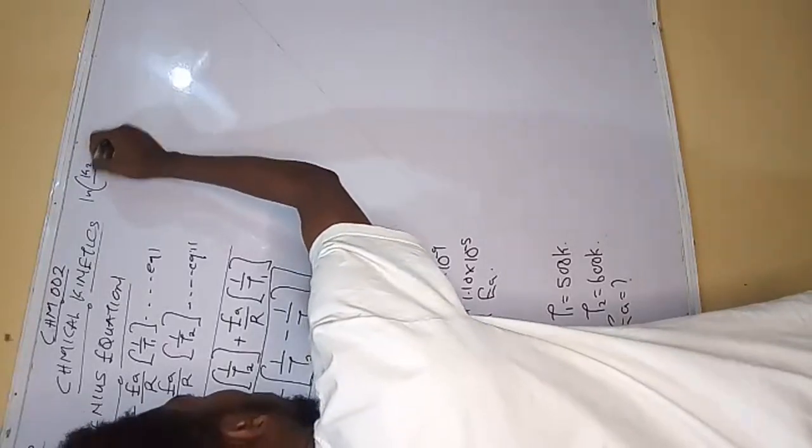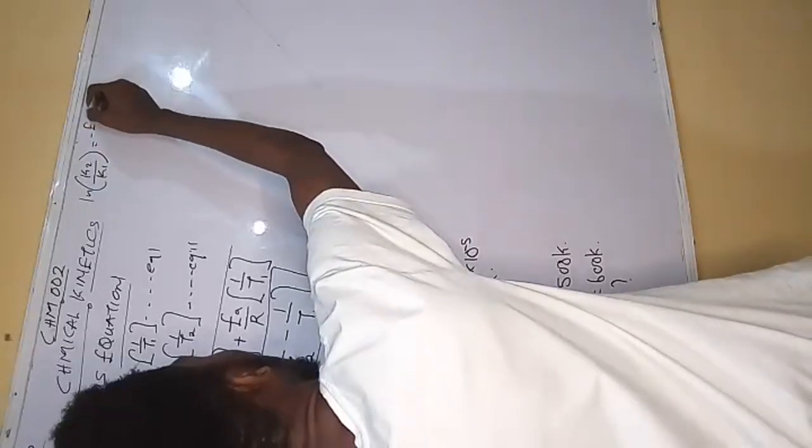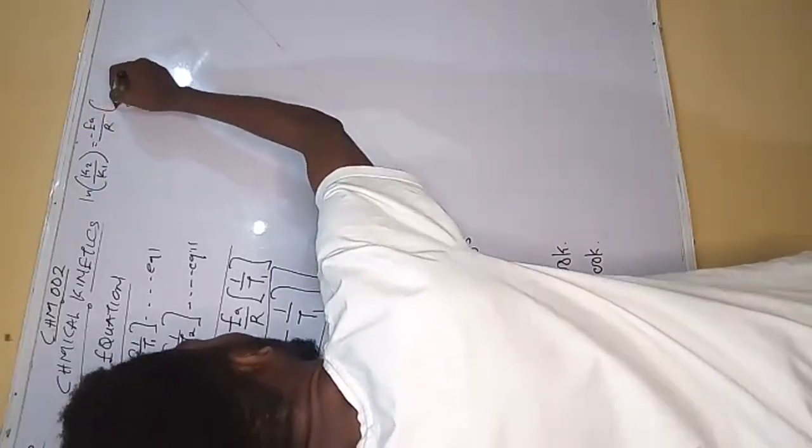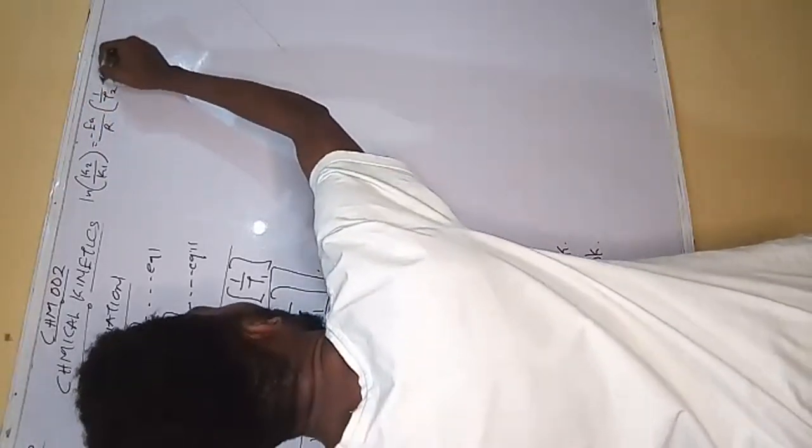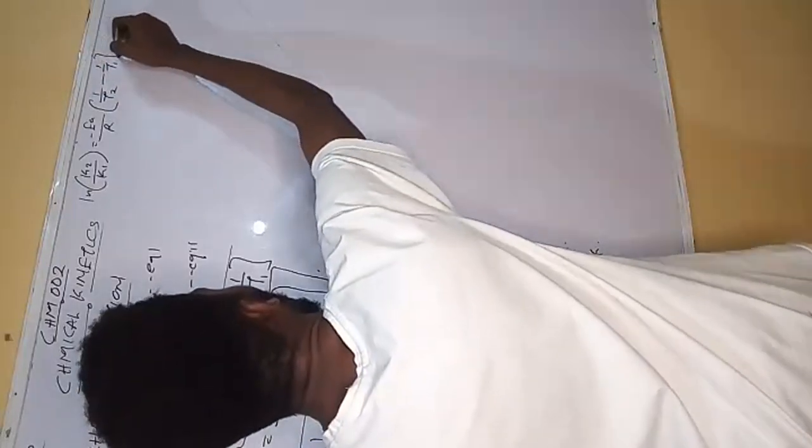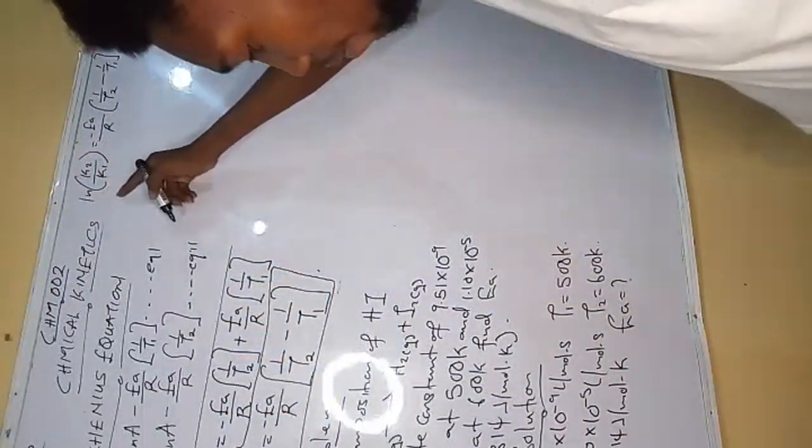We said the formula was ln(K2 over K1) is equal to minus EA over R, into bracket 1 over T2 minus 1 over T1. That was exactly what we wrote as our formula. Now, let's include all our values into it. So we'll be having